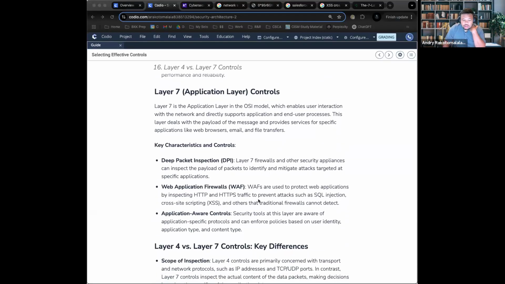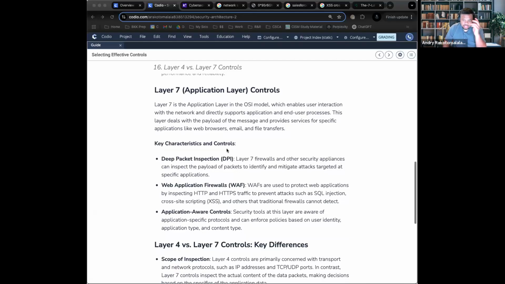And then layer 7. So layer 7, like I said before, analyzes the full content of the traffic, not just the headers. Okay. So what it does is it tries to understand application behavior, such as if you have a web application, you have a form, it says give me first name, last name, email. So it looks at the form and it says, okay, what did the person input into that form?